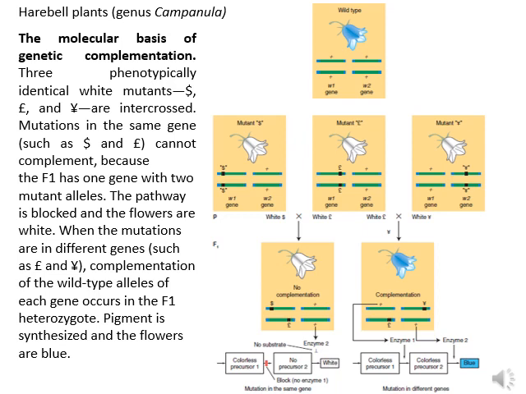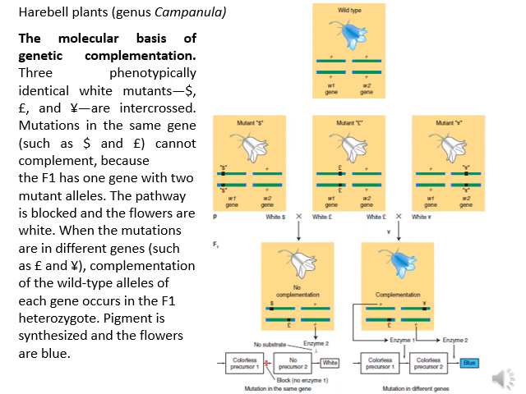Just come to the lower bottommost part of the picture, the right side. You can see there is a two-step reaction there. One colorless precursor 1 in the presence of enzyme 1 is converted into a colorless precursor 2. This colorless precursor 2 in the presence of enzyme 2 is yielding the blue color. For this multi-step reaction, enzyme 1 is encoded by the W1 gene, and enzyme 2 is encoded by the W2 gene. So go back to the top of the picture. The W1 gene and the W2 gene are very important for coding the two enzymes which are crucial in the formation of the blue color pigmentation in this particular plant.